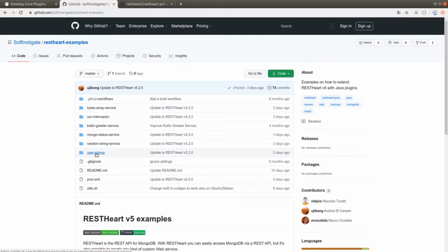Of course, we will not be able to analyze all of the examples for time reasons. However, the README documents inside each project are very explanatory. In any case, it is always possible to ask for support in case of doubts. Let's see how to move on.